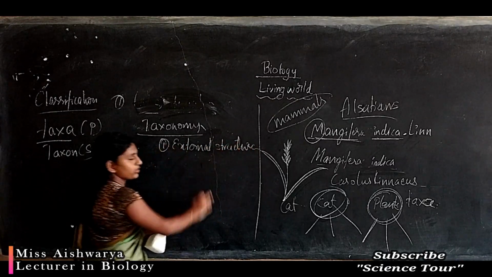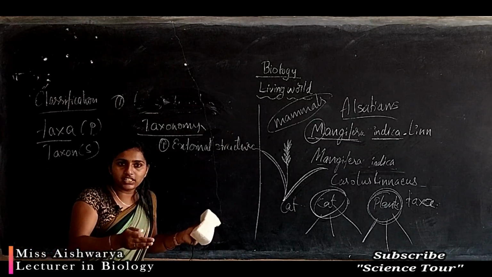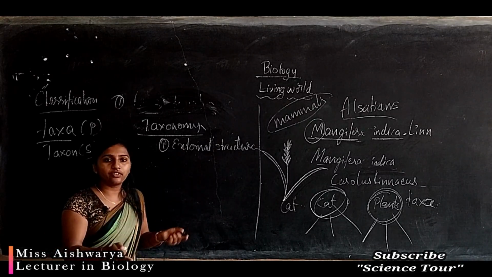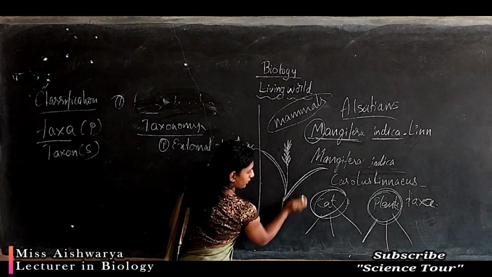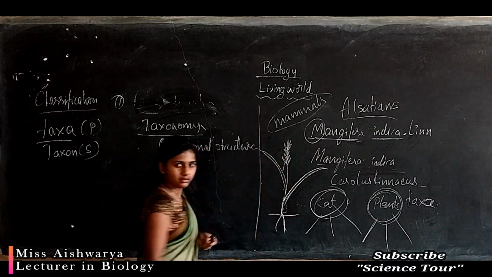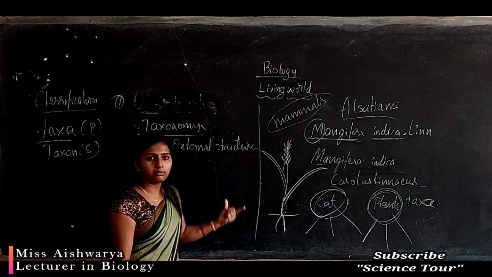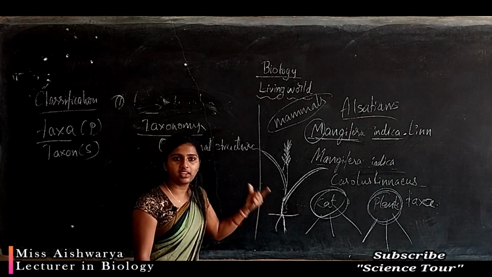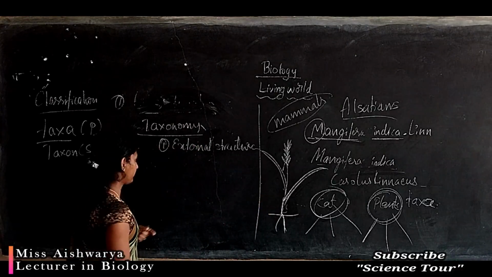This is very important for the classification of the organism. For example, if you take plants and animals, the external features play a very important role. If you take a plant, you can see the leaf, roots, stem, flowers, etc. These are the external characters. If you take an animal, ears, legs, stomach, face, eyes, these are the external characters. That is very important for the classification.